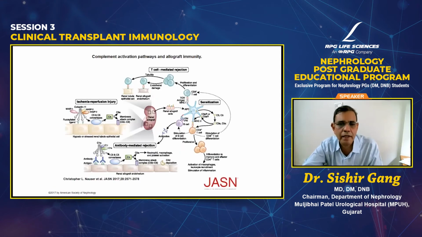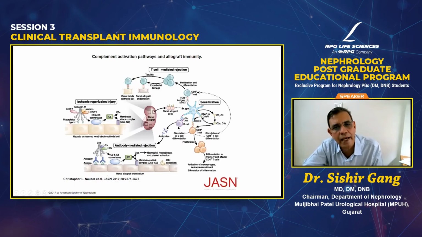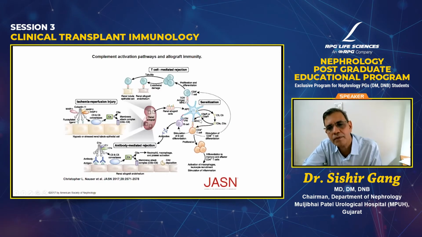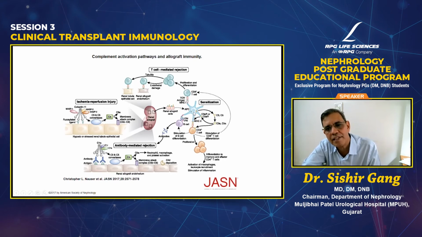So in summary, if I have to tell you how things really happen in the graft that you have put in, the allograft cells as well as the antigens travel to the lymph node, where they are taken up by either the donor or the recipient antigen presenting cells. They are presented to the T cells. The T cells proliferate, go to the endothelium as well as to the tubule and damage the graft over there. Then you have a second arm, which is the antigen presenting cells